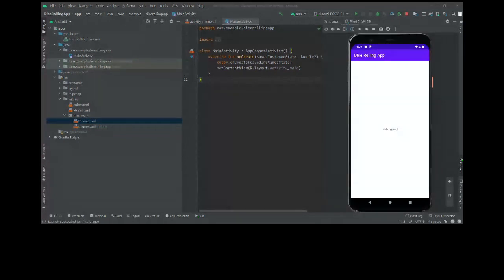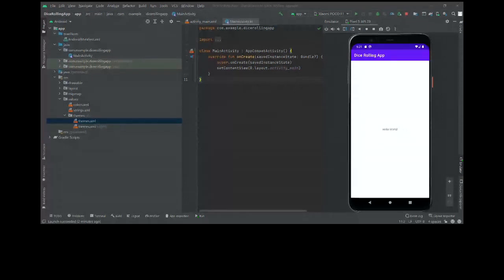Failed to install the following. Some licenses have not been accepted. The phone is showing an error. Okay, you can just search this error on Stack Overflow. Just try to fix it. Is there anyone else getting the same error, or is it working for anyone on your device? I think it will work.